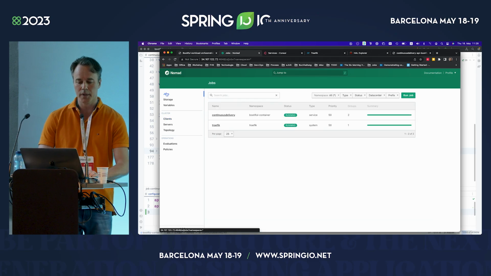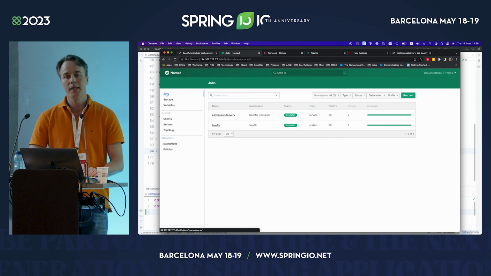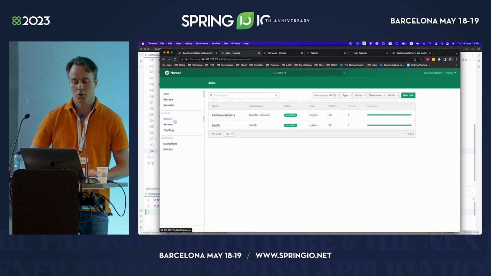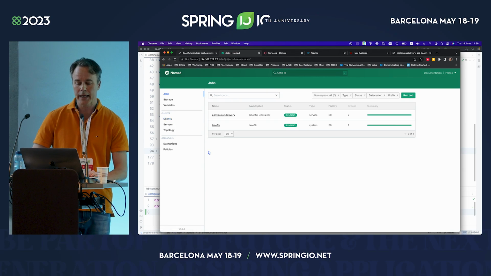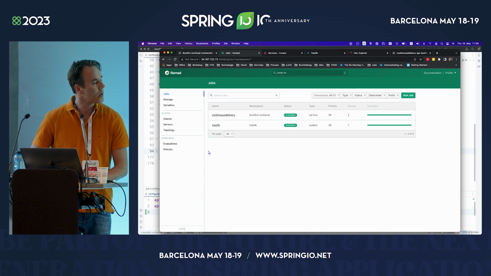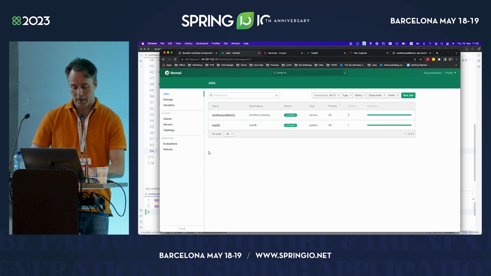So what else do we see here? When we speak about deployments, we speak about jobs, and I'm going to explain in a couple of minutes what it really looks like coding or implementing such a deployment. So I do already have that application running as a container in that namespace, Bootiful container, and with that,